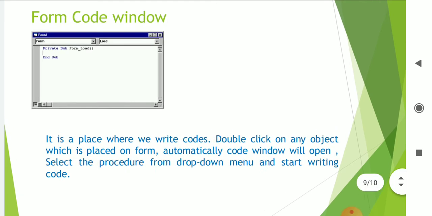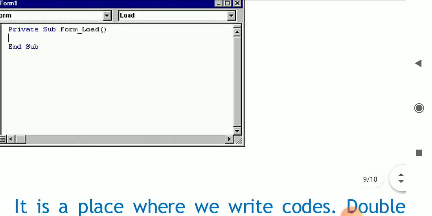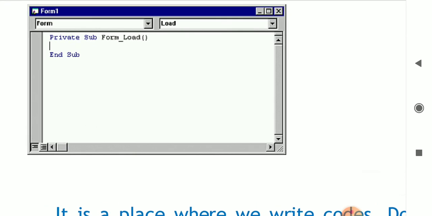Where is the procedure? See this window, the form is there and there is a drop down option. When you click on this drop down, then the components will be there: form, button, radio button, whatever you have placed on the form. And load is the procedure, meaning when the form will load on the screen, when the form will open on the screen, what output you want to show.